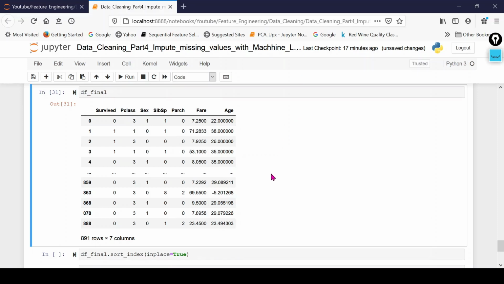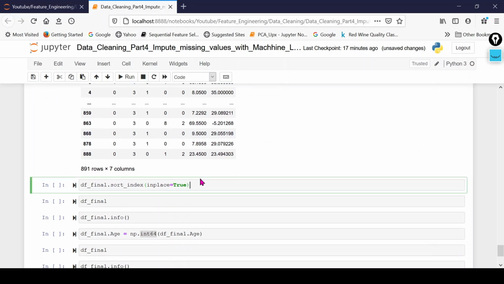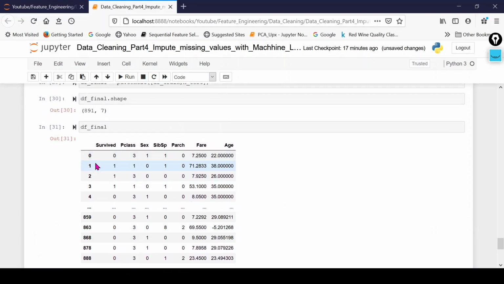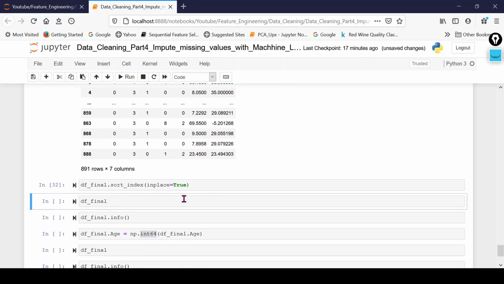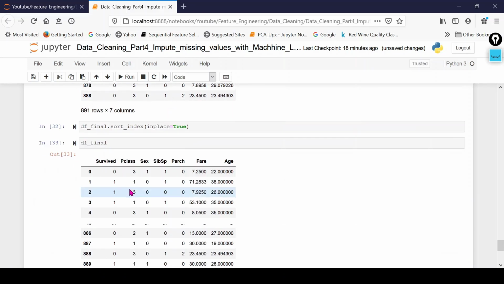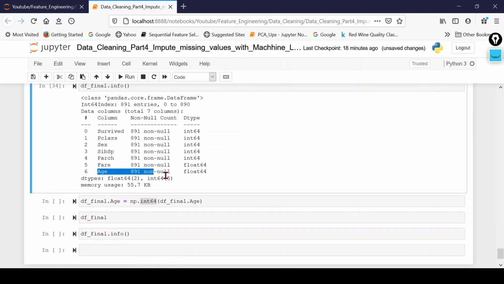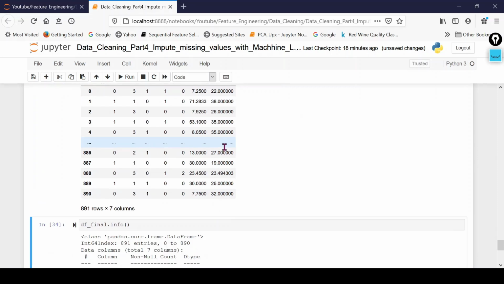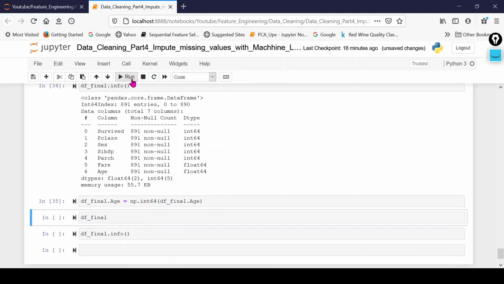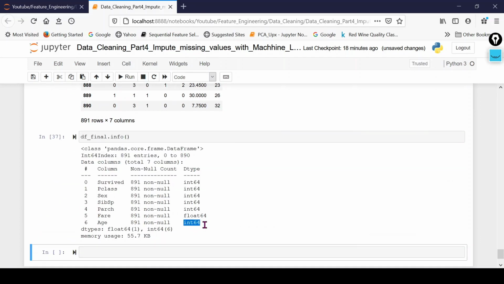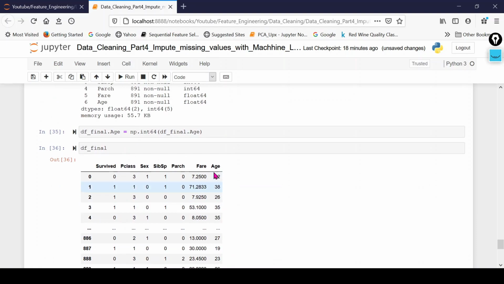Here we have removed all the missing values in the age column. Here you are seeing that we are getting 0 0 0. So what we can do is first sort the index. Why will we sort the index? Because the index will be mismatched. So we have to sort the index first, then we will get the final data frame. Here I am getting floats in the age column, that's why we are getting 0 0 0. If we convert into integer, then we will get the age. So now you can see it has been converted into integer. Now we are getting the age.